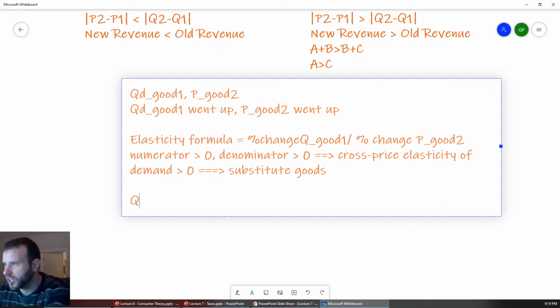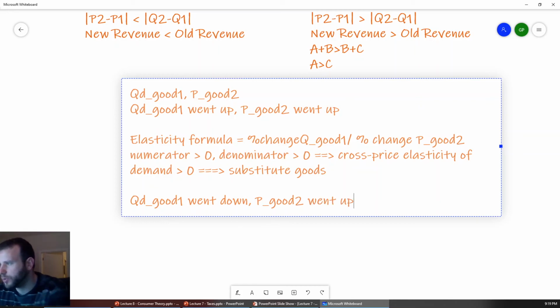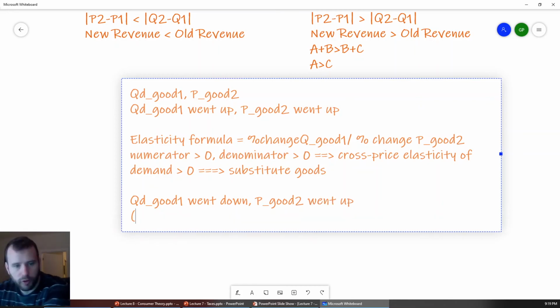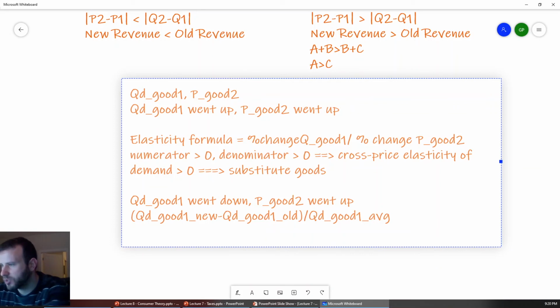So alternatively, let's say QD good 1 went down because P good 2 went up. So let's do the whole formula now, right? You're going to have QD good 1 new minus QD good 1 old, lots of subscripts there, divided by QD good 1 average. And that whole thing is going to be divided by